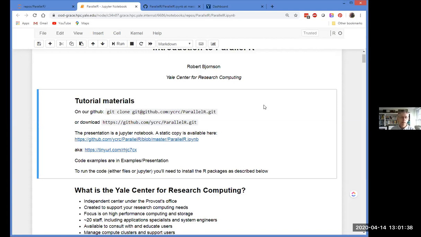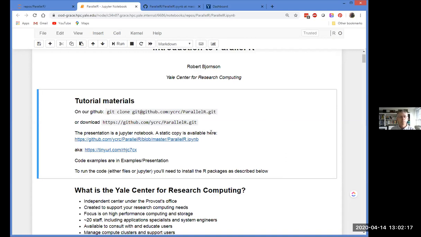And the reason I'm doing that is for presentation purposes, it's nice to mix the text of the presentation together with code that actually runs. But when you're actually doing parallel R, it's more likely that you'll run R in a standard, typical way, either interactively on the R command line or in a batch job. And I'll show you a little bit of that later. But most of what I'm going to be showing you here today is inside of this Jupyter notebook, just because that's a nice presentation style.